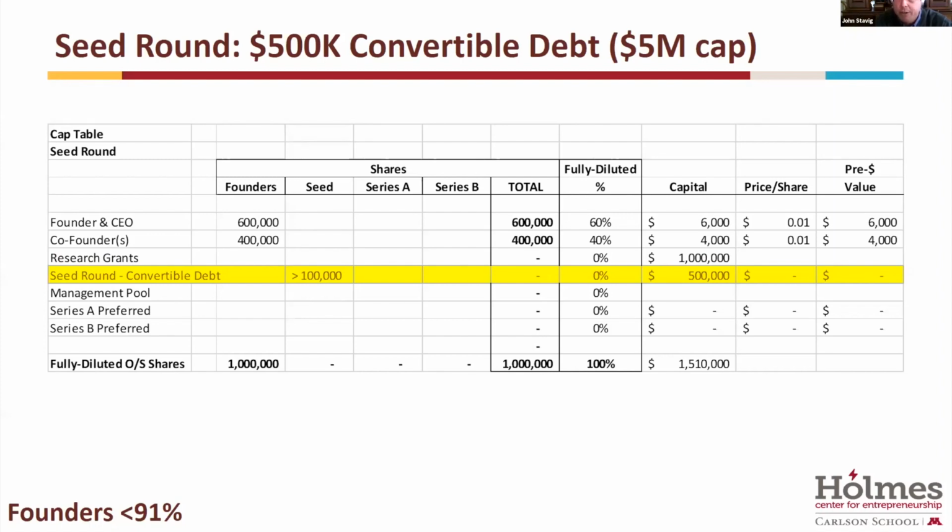You have not yet issued any shares, but I think it's important for the founders to keep in mind, and certainly to alert any future investors, that this is out there. They know they're going to issue at least 100,000 shares based on the cap, and potentially more based on what the next qualified round of financing is.